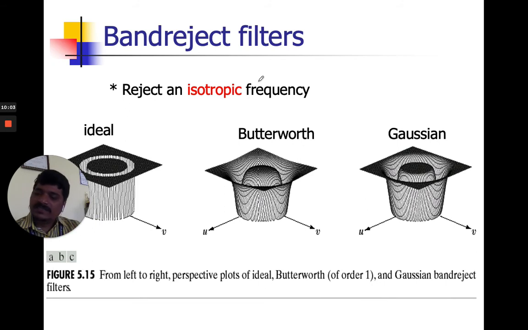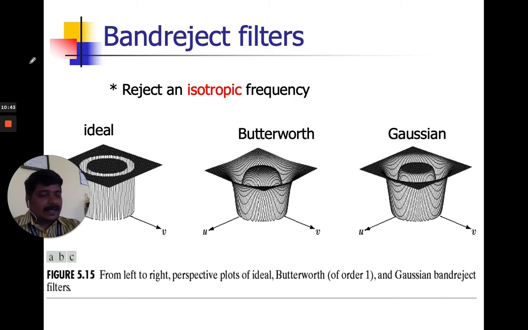A band reject filter removes or attenuates a band of frequencies about the origin of the Fourier transform. So how it is done in a band reject filter is that it removes or attenuates a band of frequencies about the origin of the Fourier transform. An ideal band reject filter can be given as, we can write it as